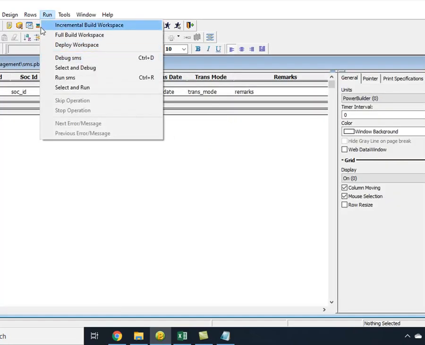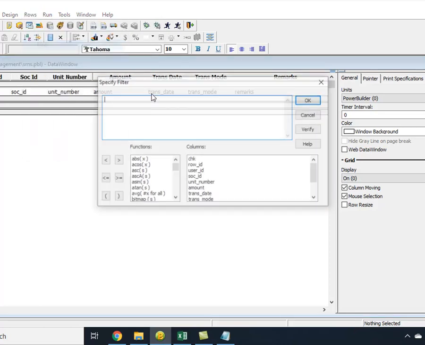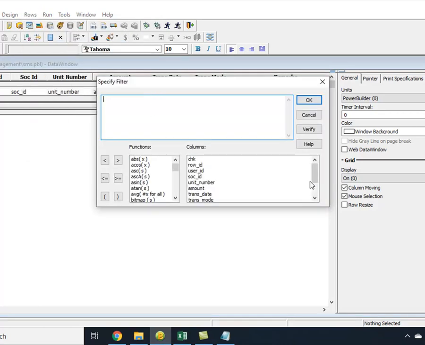Similarly, you can use this filter. Filter means you can put a lot of things over here, even functions and all these things, right? Like you want to see only the request ID.